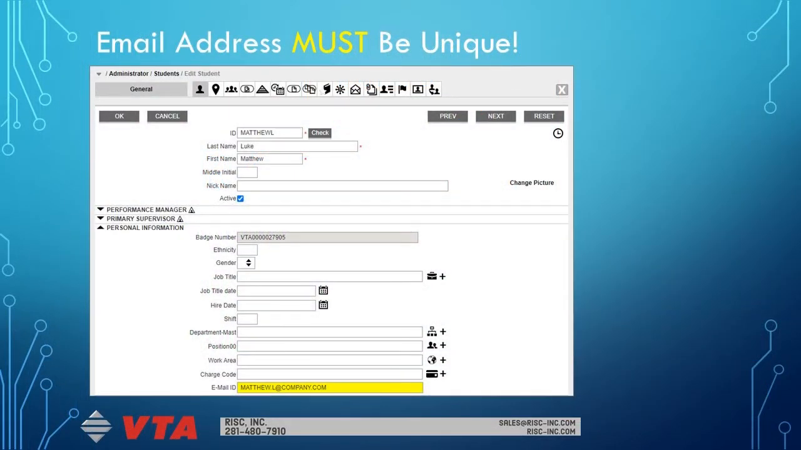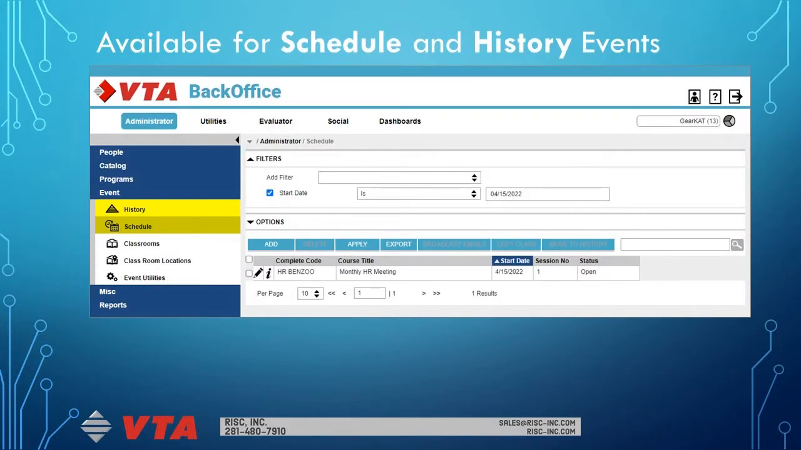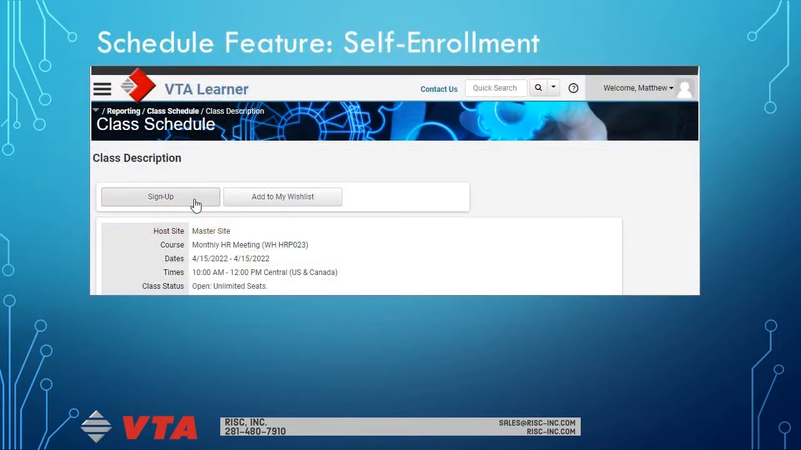Before we get into the details, I want to note two things. First, if more than one student profile is associated to an email address, that email address cannot be used to authenticate the attendee. Second, this feature will work for schedule or history sessions. So if you want to take advantage of VTA's existing schedule functions, such as self-enrollment,